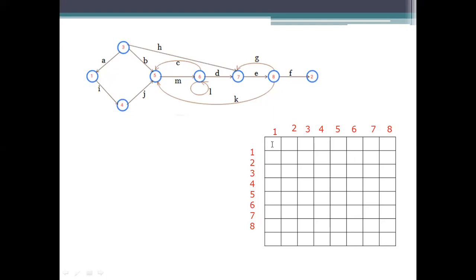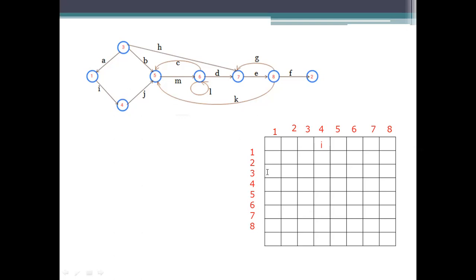No. If it is there, we need to write it. 1 to 2 is also not there. 1 to 4 is there. What is the value we are using? That is I. Okay, and come to the other one. There is no link from 1 to 2, and 2 is the end node. We won't take values here.